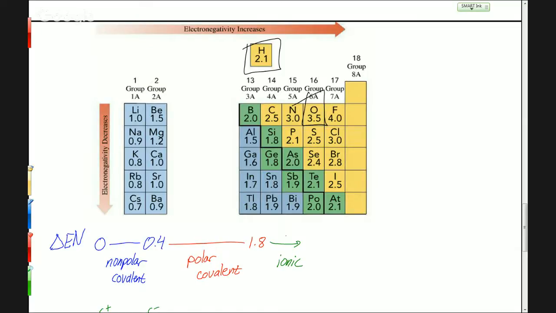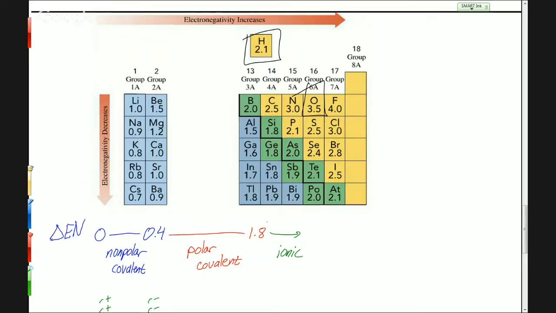Are the electrons going to be pulled more toward the oxygen or the hydrogen? The oxygen? How do you know? You're right. But how do you know? Yeah, because the oxygen has the greater electronegativity. It means how well it pulls the electrons. So that means that in that bond, the electrons are going to be more around the oxygen than around the